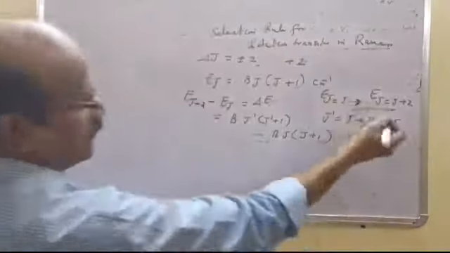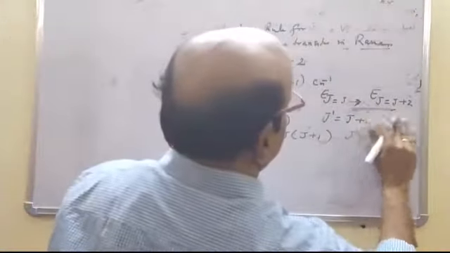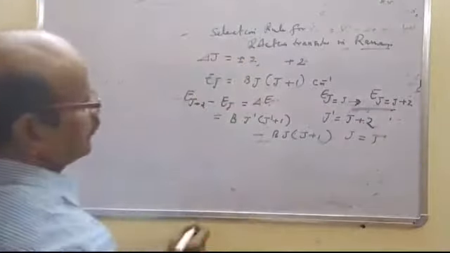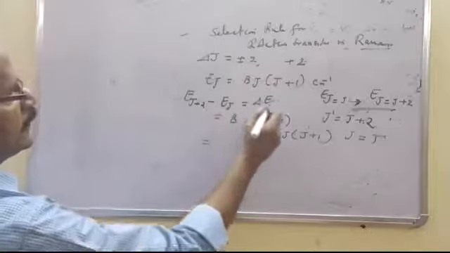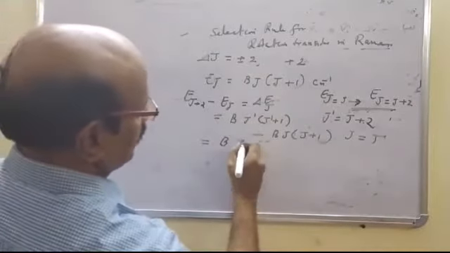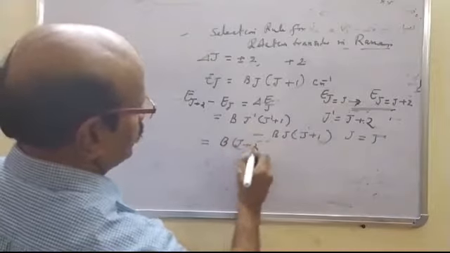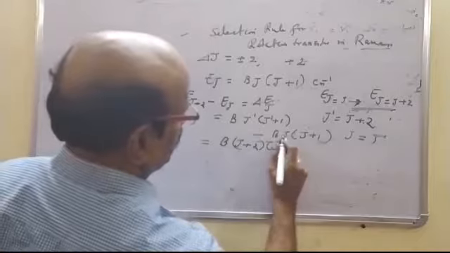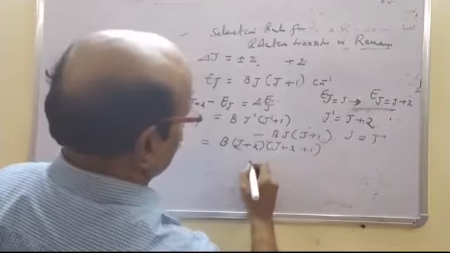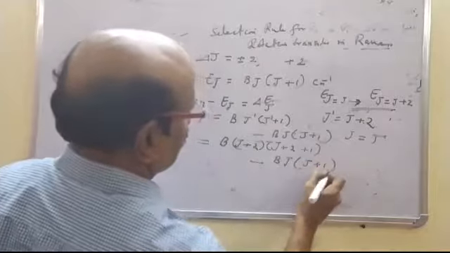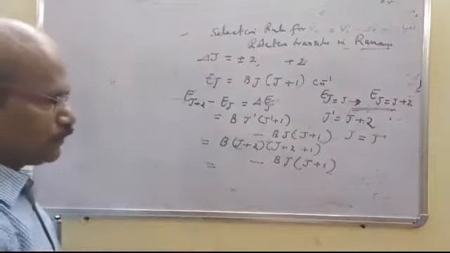ഇനി എടുത്താൽ മതി. ഓക്കെ, J dash is J plus 2 and J is J. So we have the equation delta J is equal to B into J, J dash is J plus 2 into J plus 2 plus 1 minus Bj into J plus 1. That is equal to